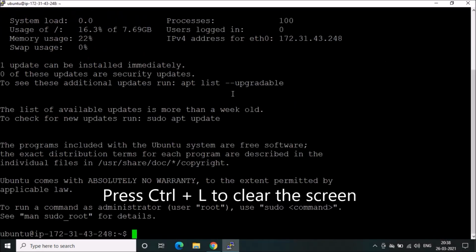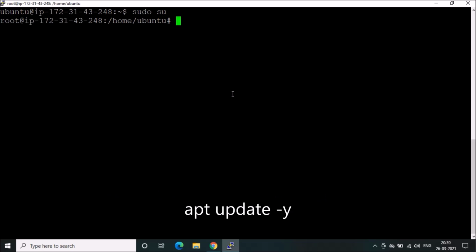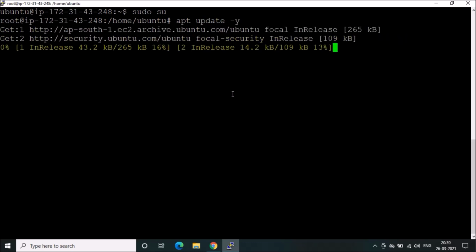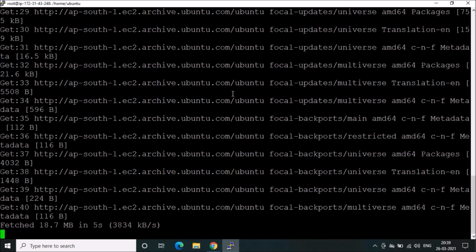Then Control plus L to clear, then sudo su, so I come in as the root user. Then I will update our server through the apt update -y command. Now it is downloading the packages and updating.